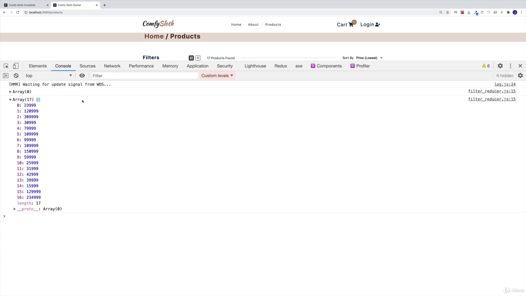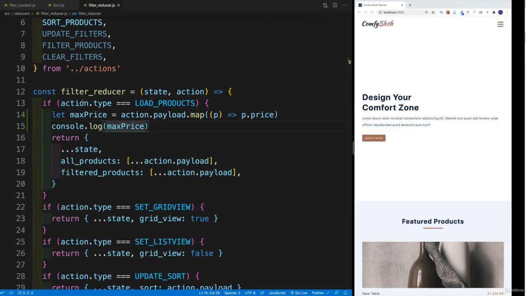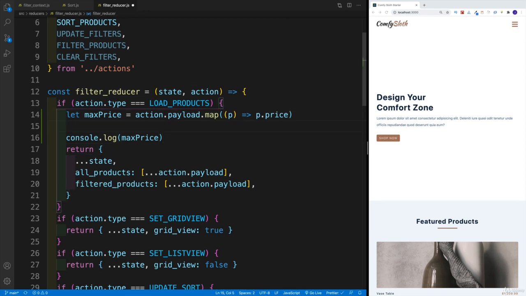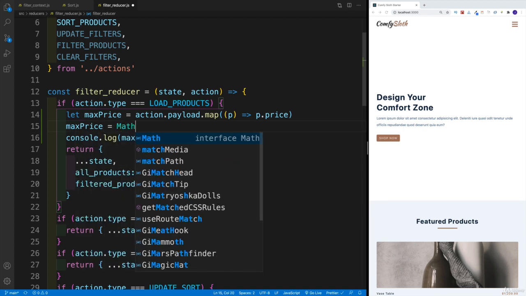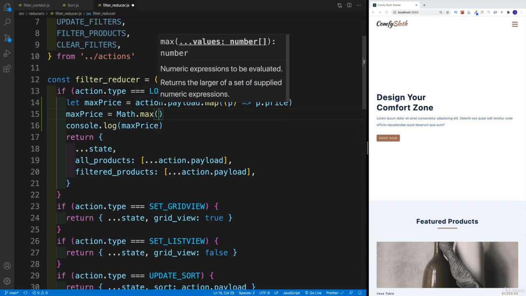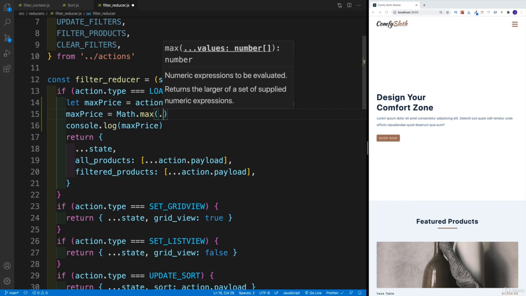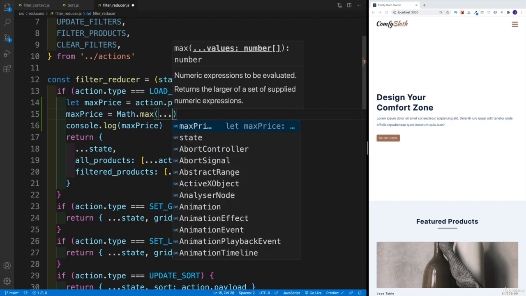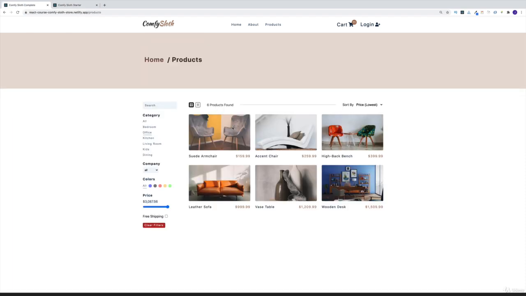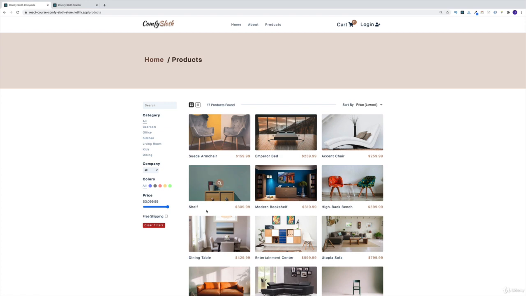Now, in the max method, though, we cannot pass in the array. That's why we'll use the spread operator. So the way it's going to look like, I'm going to navigate back. I have my max price, and I'll leave the console log just so we can see that it is for sure working. And we'll just say max price is equal to Math.max. So the Math object that comes with JavaScript, and then we just use the max method. Like I said, I cannot pass in that array directly. I need to use my spread operator and then pass the max price. And once you console log, this is going to be that max price. So whatever it is. Now, of course, I can go back, and I believe it was